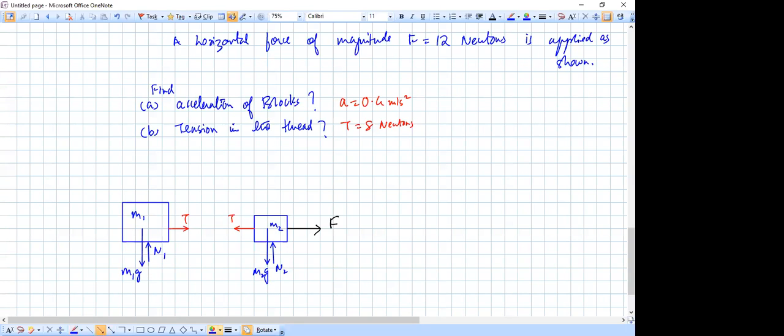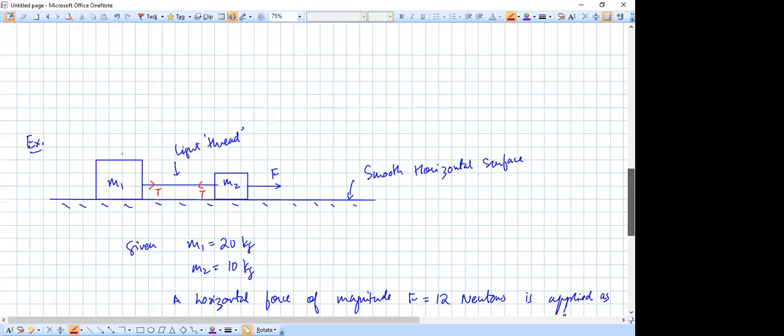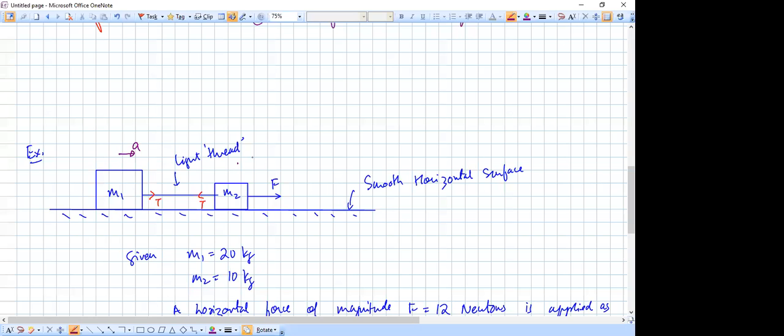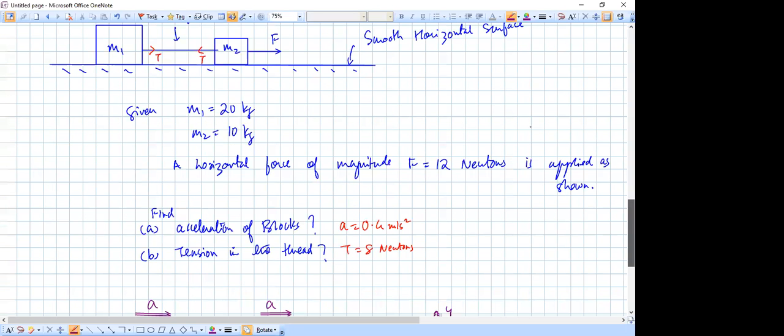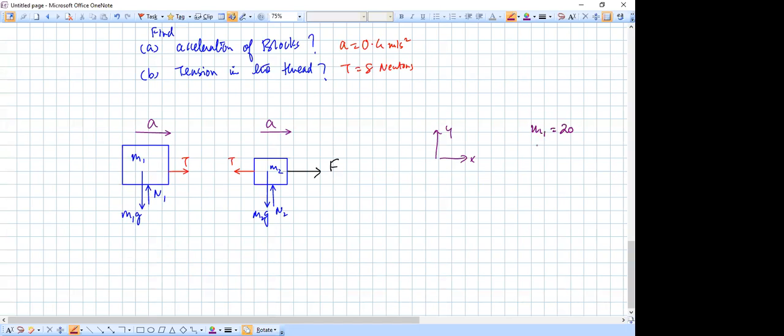Now the other thing which is important is both have the same magnitude of acceleration. Both have the same acceleration vector actually, same magnitude and same direction. So both of them are moving along the horizontal direction with an acceleration A. So as usual, we'll take the x-axis as our horizontal and the y-axis as our vertical, and we'll write the force equations. Okay, so in this diagram also important that they are both moving with the common value of acceleration. So 20 kg, 10 kg. The force we are applying is 12 newtons, okay, and g is 10 meters per second square.